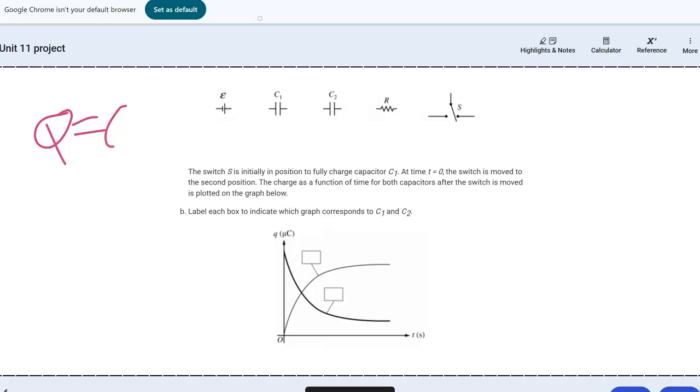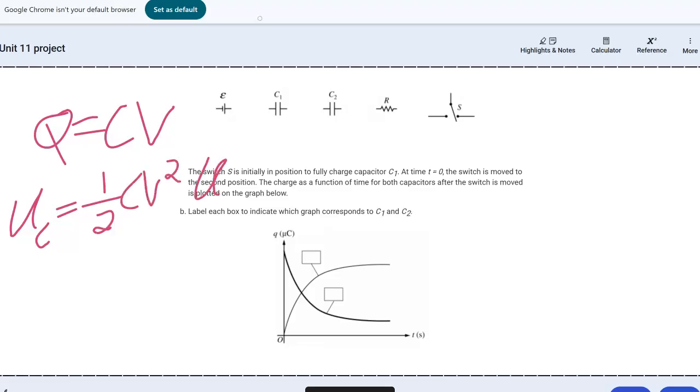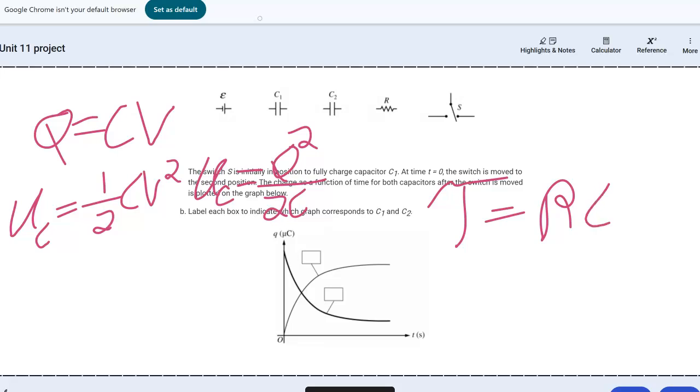And then our formulas are going to be Q equals CV, or U equals 1/2 CV squared if you substitute for V, and then our time constant is RC. So now we're going to draw